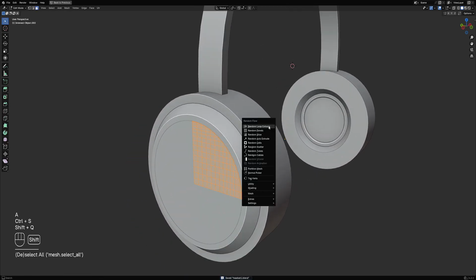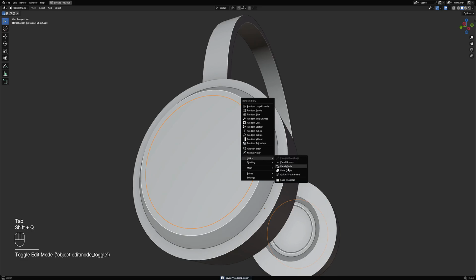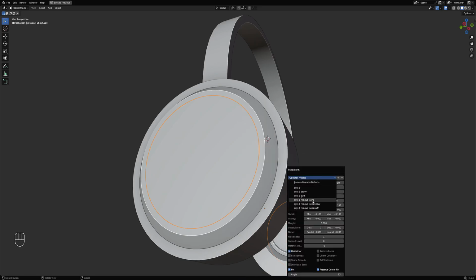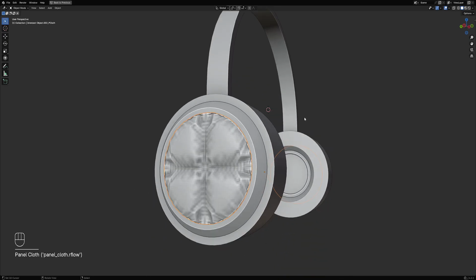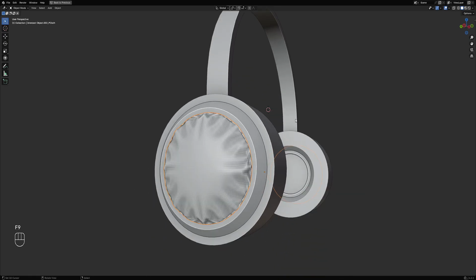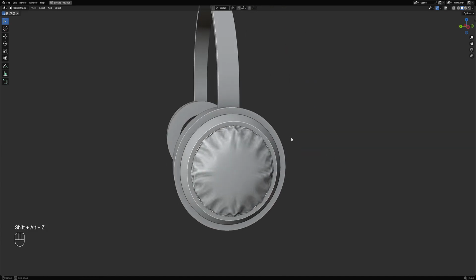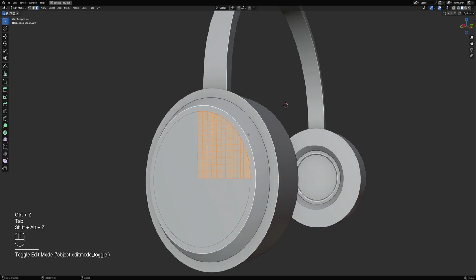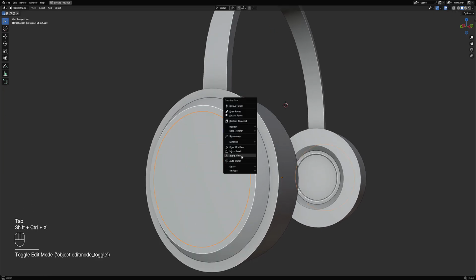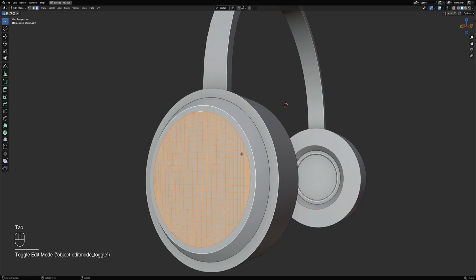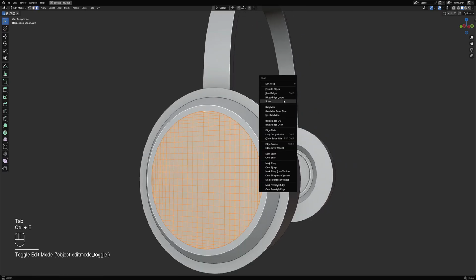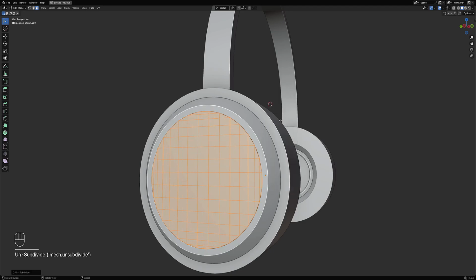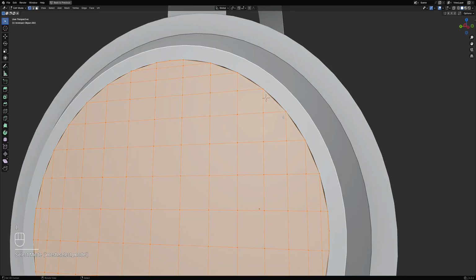And then we're going to use the panel cloth. That's one, remove faces. And do not use the mirror. So I think we're going to degrade or unsubdivide. We're going to apply the mirror first, then unsubdivide, so we can use less resolution for the base mesh and subdivide,